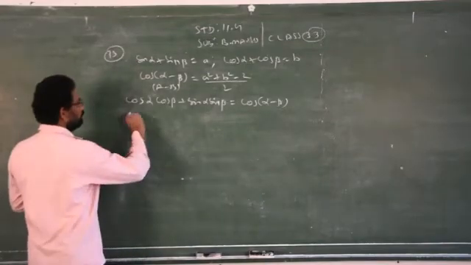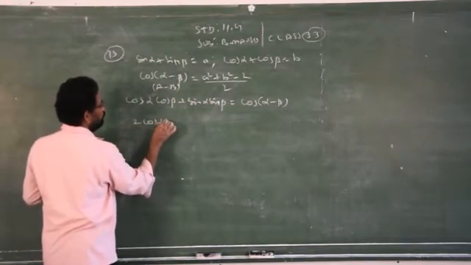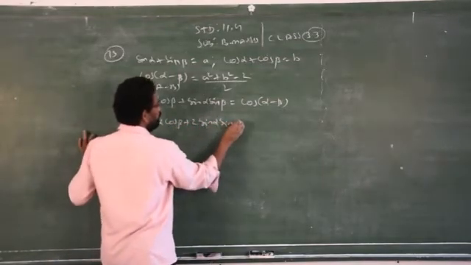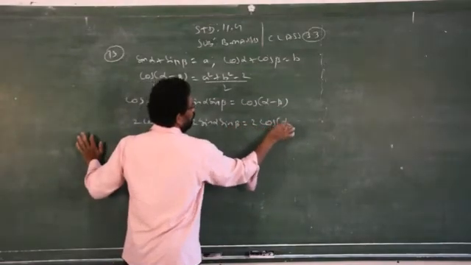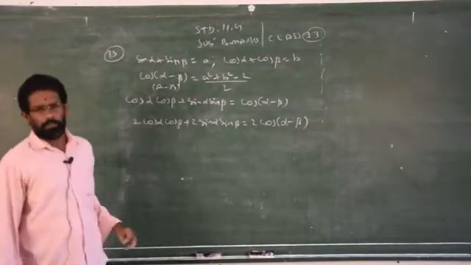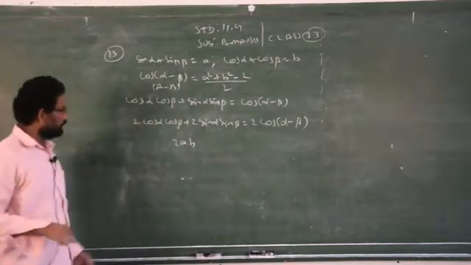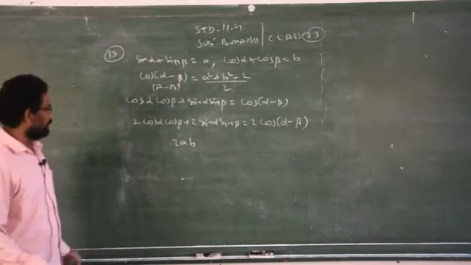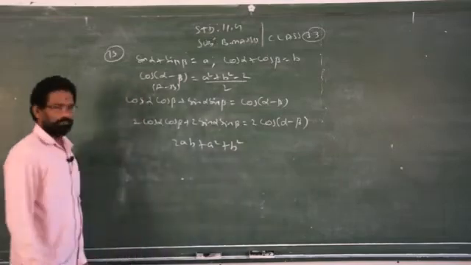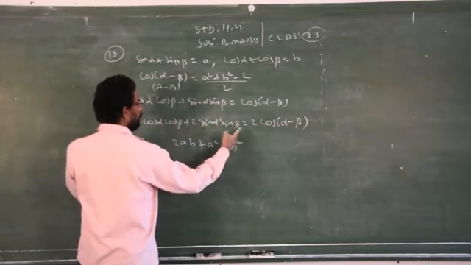So I am multiplying everything on both sides by 2 to get this result. 2 cos alpha cos beta plus 2 sin alpha sin beta is equal to 2 cos of alpha minus beta. Clear? So this is just like the 2AB formula. If it is the term 2AB, I can easily bring this down into the A plus B whole square formula or the A minus B whole square formula, depending upon the sign, for which I need A square and B square. So for that reason, I am introducing 2 on both sides.